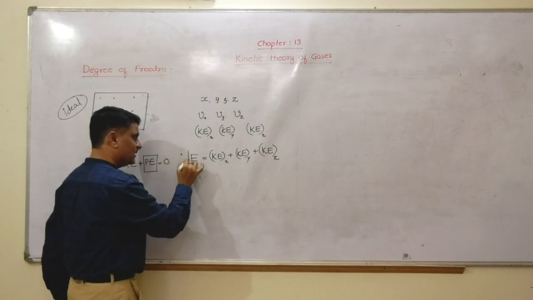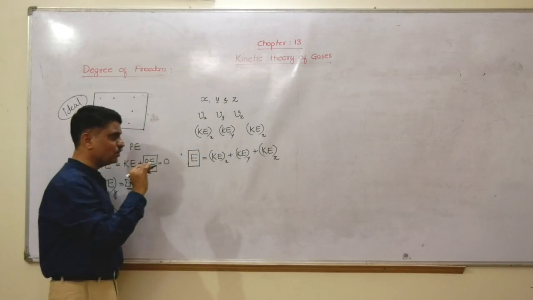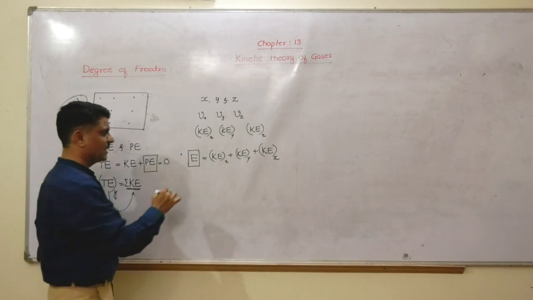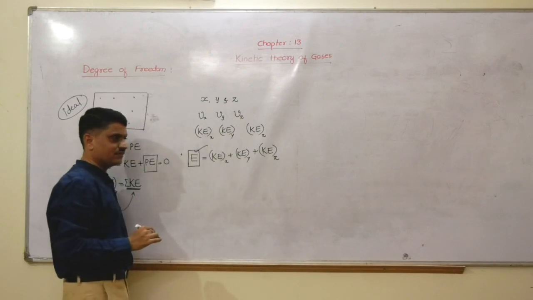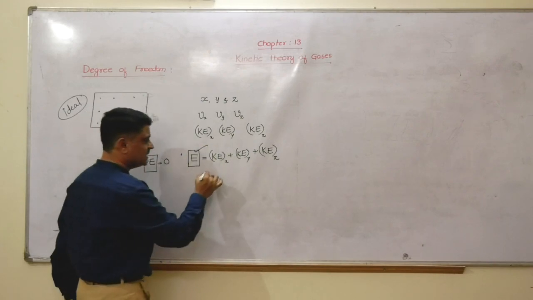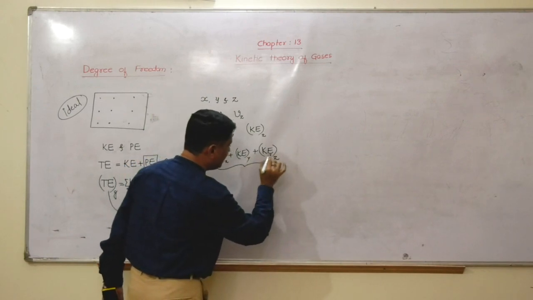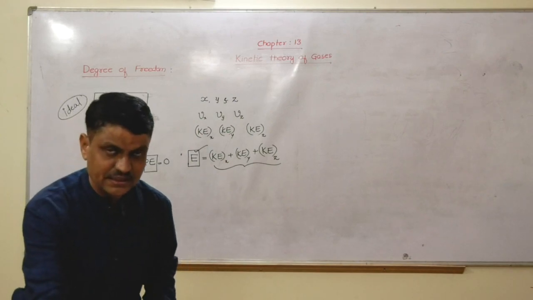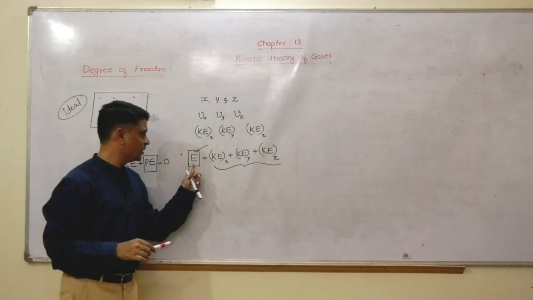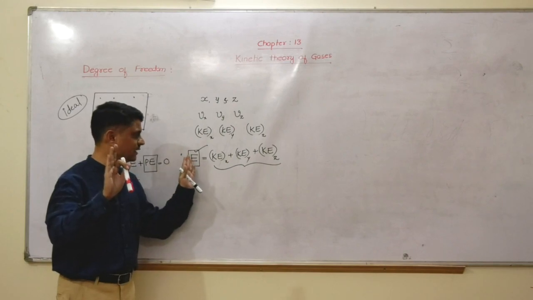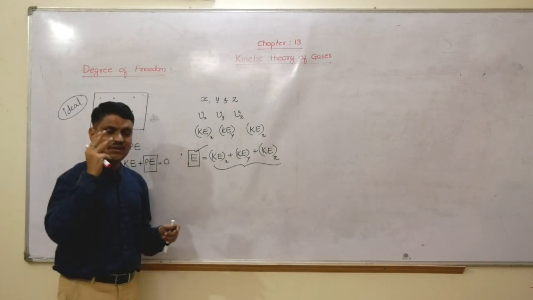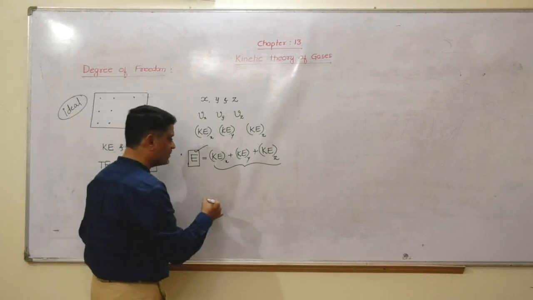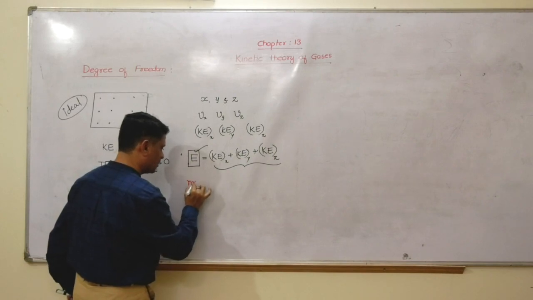See, in this case, while writing the total energy of the gas atom, in this expression we have 3 independent terms. It means to express the total energy of a gas atom, we need 3 independent terms. If it is a molecule,